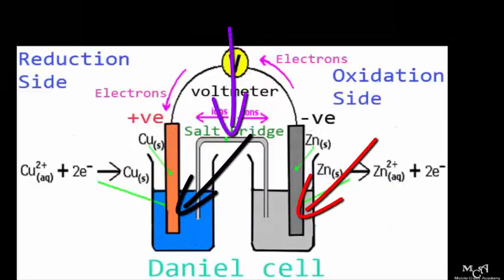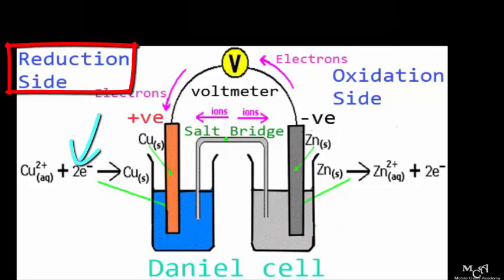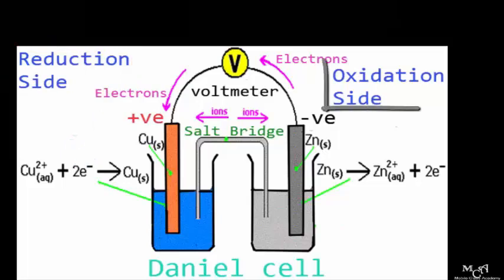And of course, the oxidation takes place here. Electrons leave the anode, electrons enter the cathode, so it gains electrons. Cu2+ (aq) + 2e- gives you Cu (s). So that's the reduction reaction which takes place at the cathode,